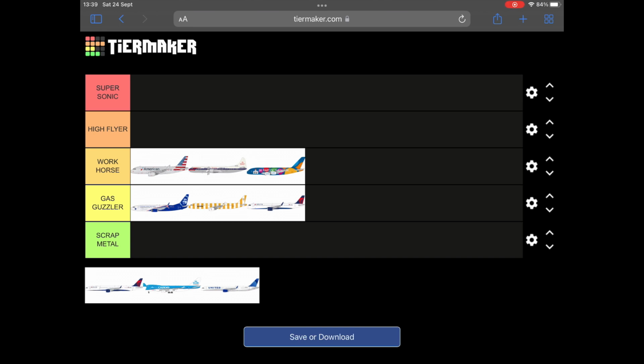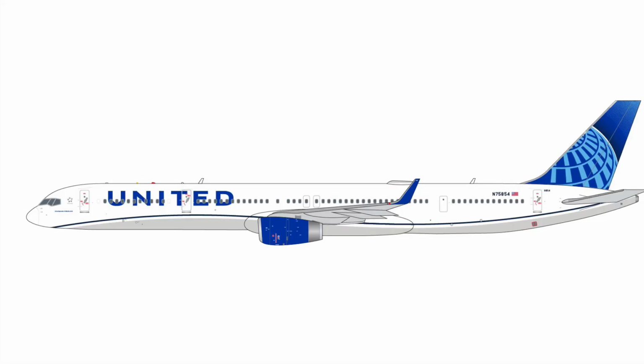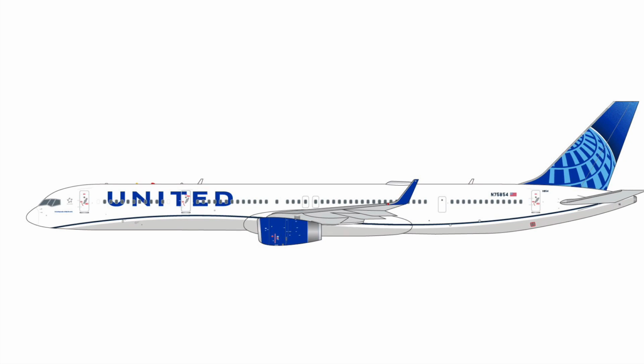You know, if they hadn't made it previously, I'd probably be saying really nice things about this model, but they have. It's a workhorse, man, because it's just another remake of a model they've made lots. But the other 757-300, this one is more interesting. This one is United Airlines, registered N75854, and this is